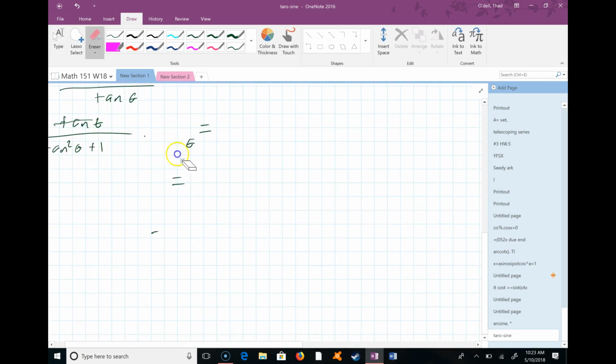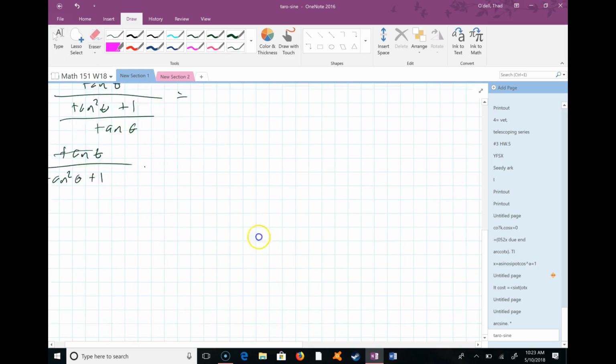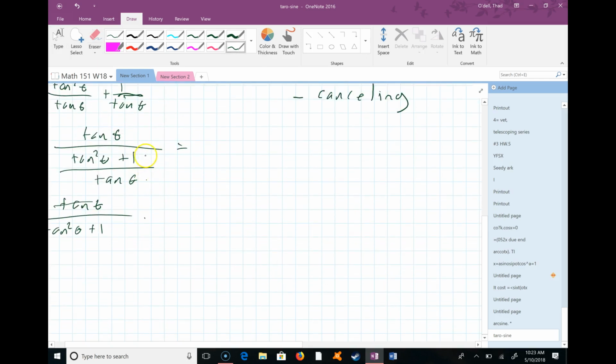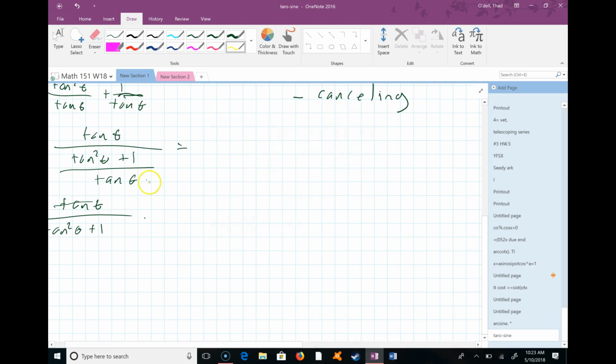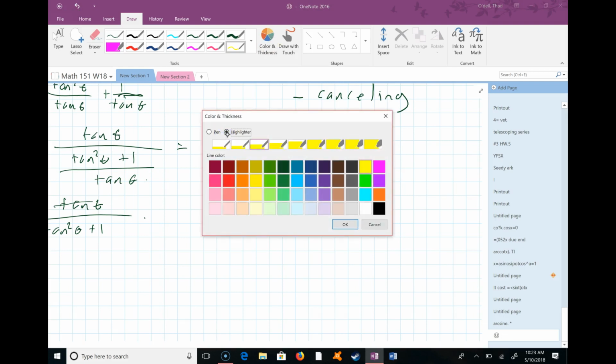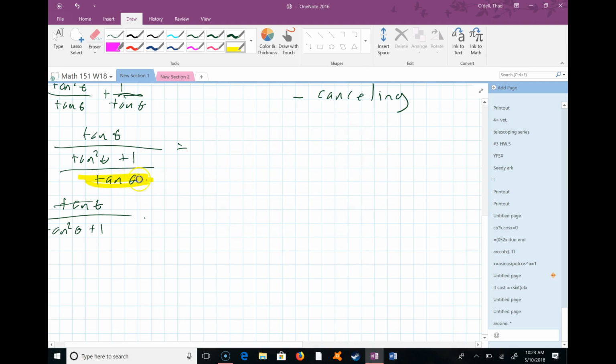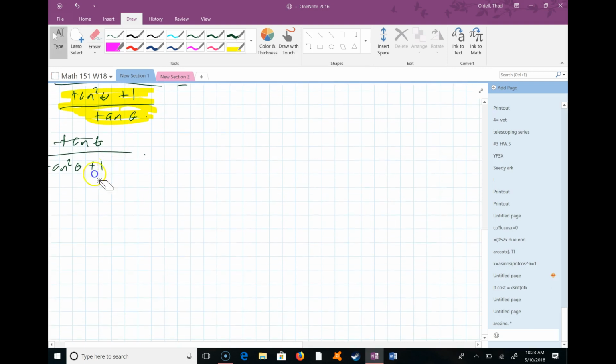Everyone see what she said? See right here, I was thinking the bottom was this guy, but really the bottom is this whole guy here. Let me use my highlighter so I'm not helping you by saying what I just said. What I really meant to say was, highlight. This is the bottom fraction, isn't it? I was thinking that tangent was the bottom fraction. I lost track of the bottom. Okay? So down here,